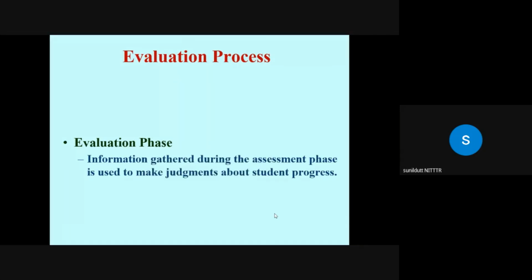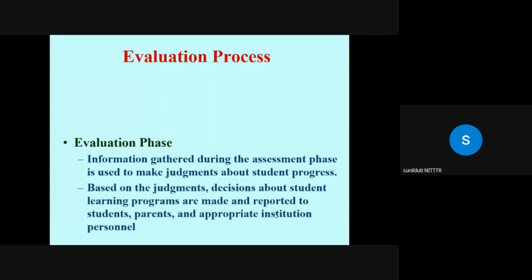Third phase is the evaluation phase. During this phase, the information collected during the assessment phase is used to make judgments about student progress. And based upon the judgment, decisions about student learning programs are made and reported to them, to their parents, and to other appropriate institutional personnel, maybe like the head of the institution, or maybe the curriculum planner, or to the dean, who has to send teachers for